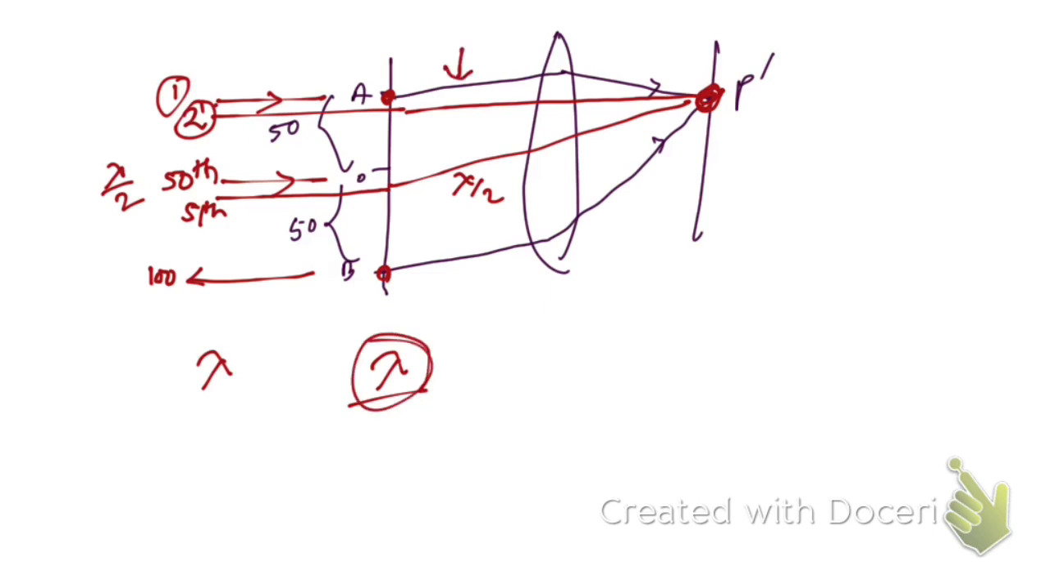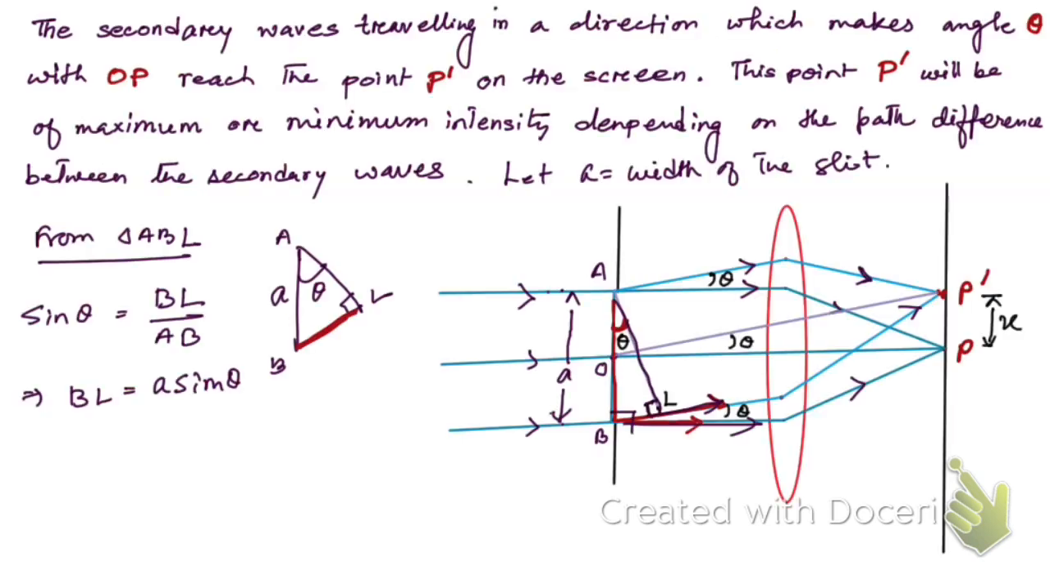If the path difference between this one and this one is lambda, then the path difference between this one and this one will be lambda by 2, right? Hope you have understood this. In that case, now coming back to the original slide, here you see,